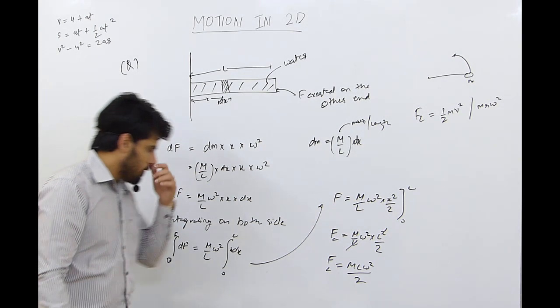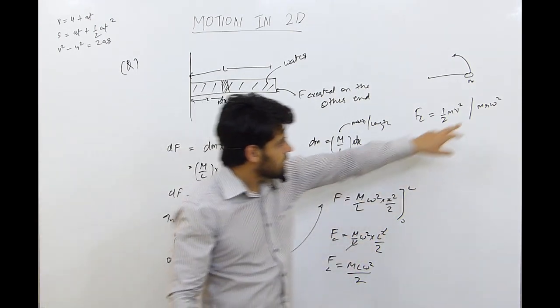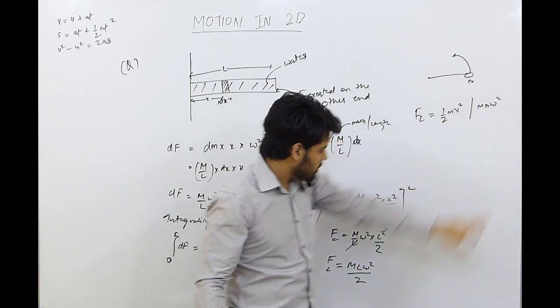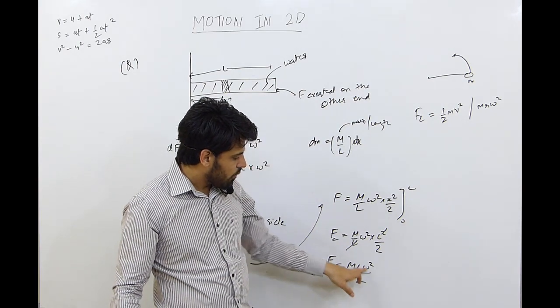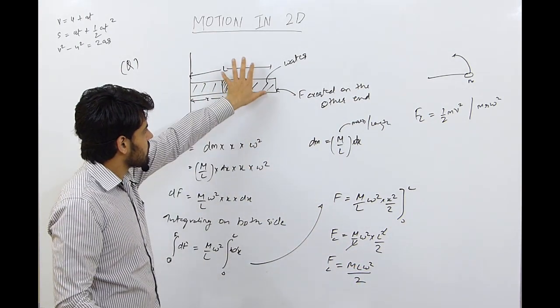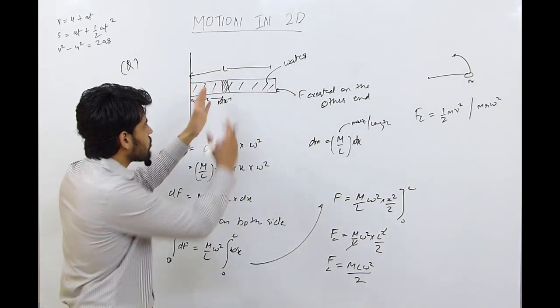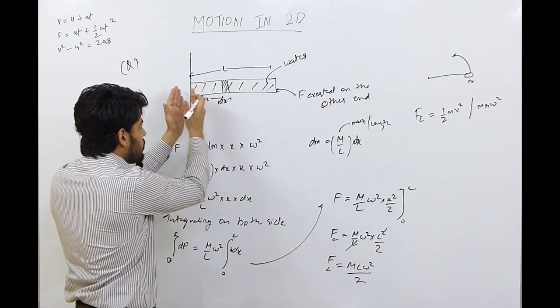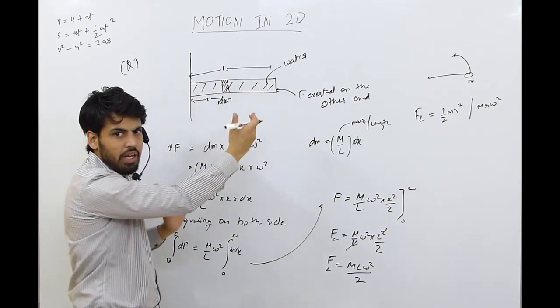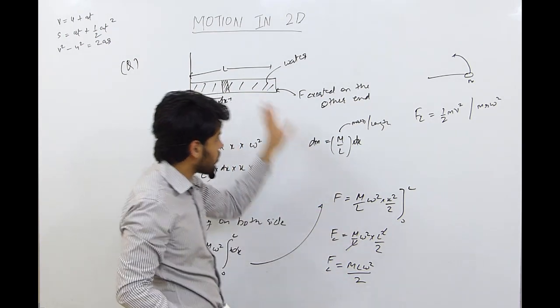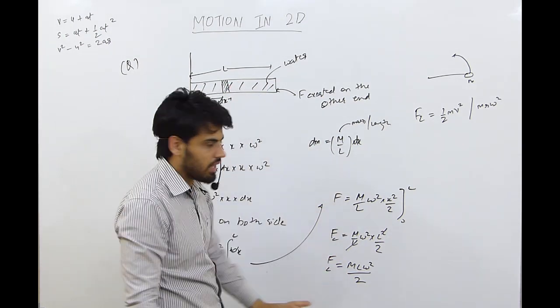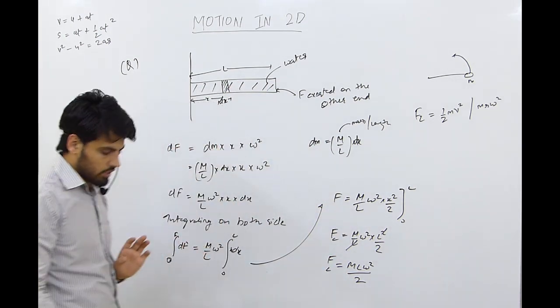Okay, fine. The difference between this and this is that it's m r omega square, the same as m r omega square, it's m l by 2 omega square. We are considering this radius as l by 2 because this mass is distributed from 0 to maximum L. That's why in the case of radius it is not taken as L, it is taken as L by 2. From derivation we have proved this.